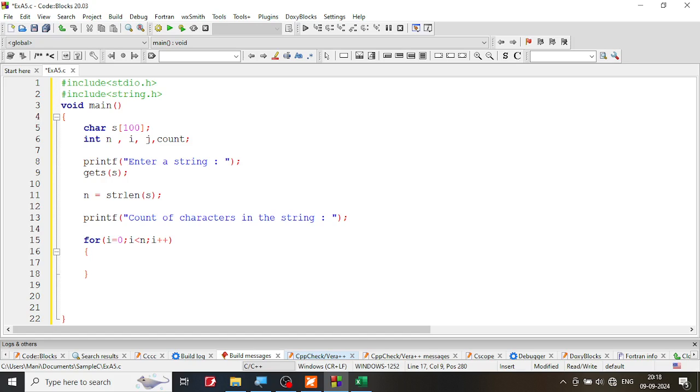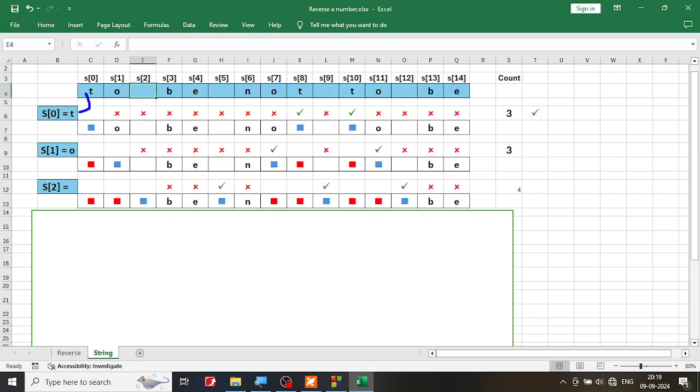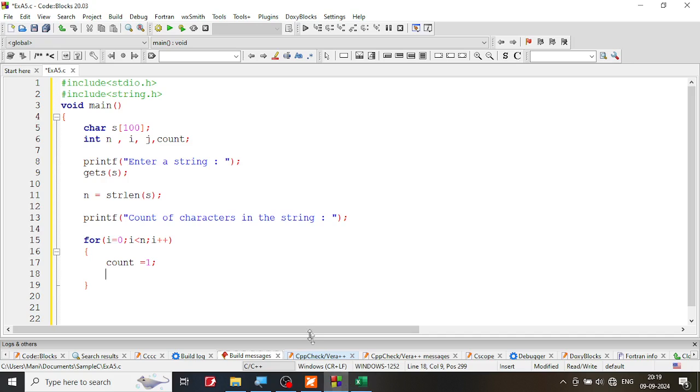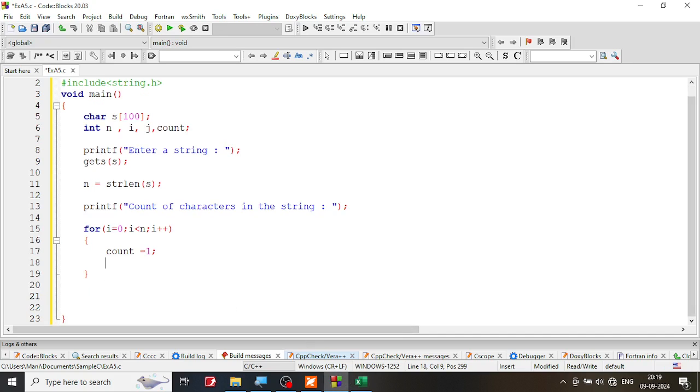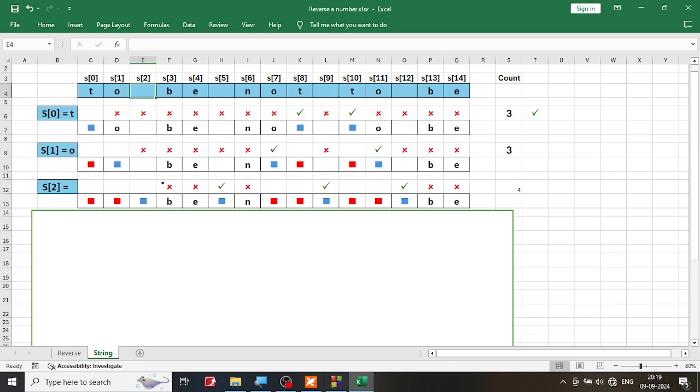Then what is the next thing that we are supposed to do? We are going to take one character at a time. The minute you take one character, you initialize the counter to 1. When you take one character here, you set the counter equal to 1. That means T is at least appearing once. If you take the next, O is appearing once. Then if there is a repetition, O will repeat two times, 3 times, and so on. So initialize the counter as 1. And what is the other thing that we are doing? We will not consider